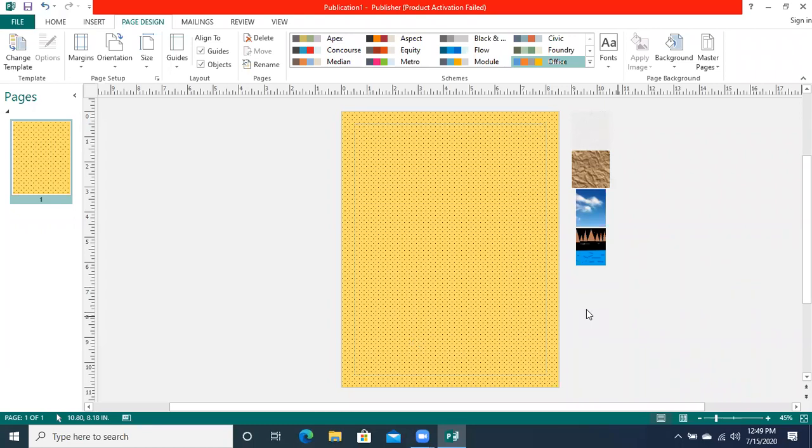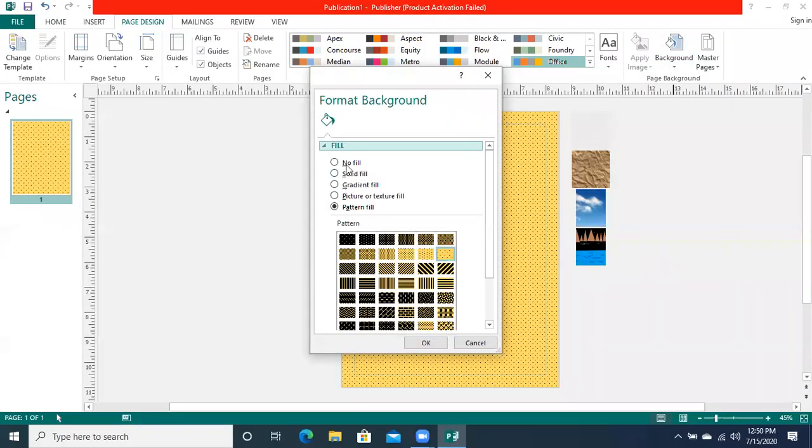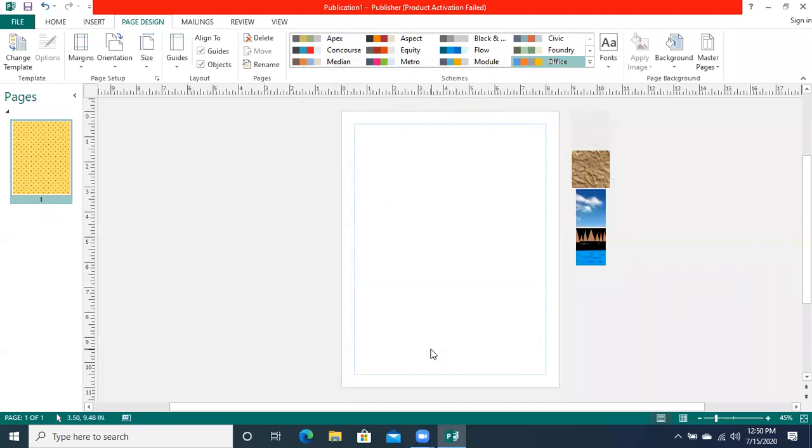So up to here, if you have any question, you can ask me. Fatma Farooq. Yes, Fatma Farooq. Sir, how do we delete a picture? If you want to remove the background, you will go to the backgrounds, and then more background options. You will say no fill. No fill means make it blank. It will be blanked. Good question. Okay. This thing is clear now, Fatma? Yes. Okay, fine.